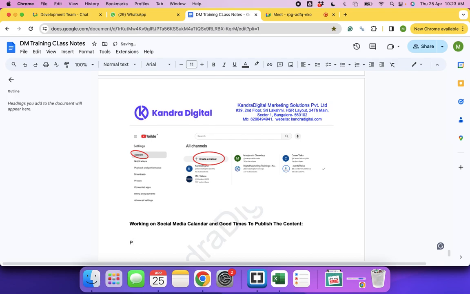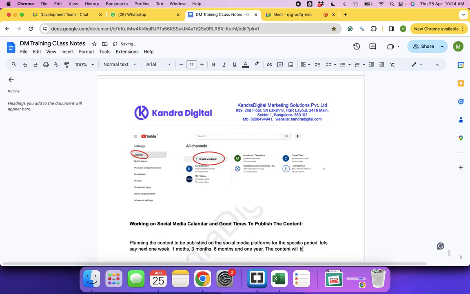Planning the content to be published on the social media platforms for the specific period.